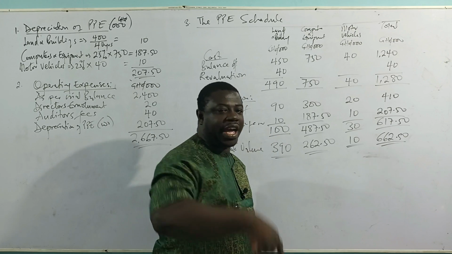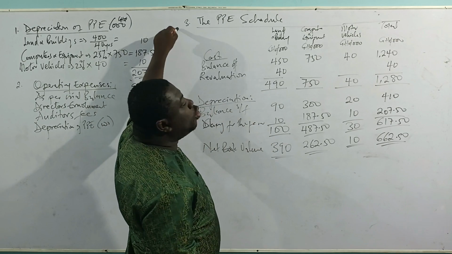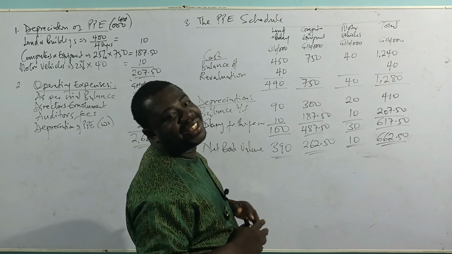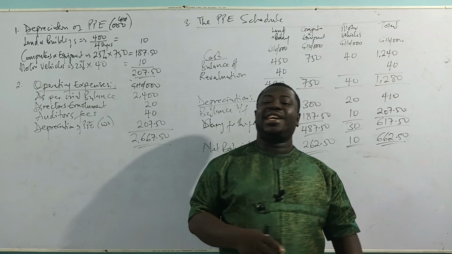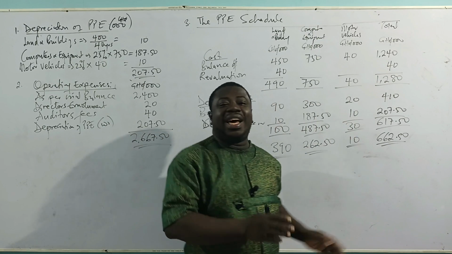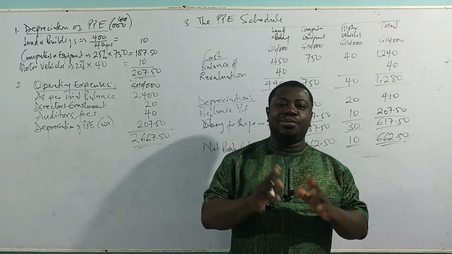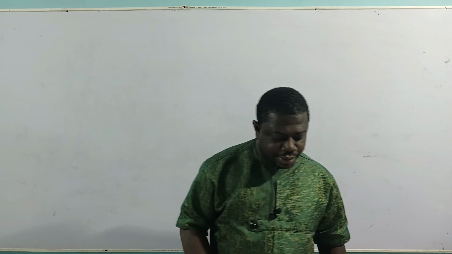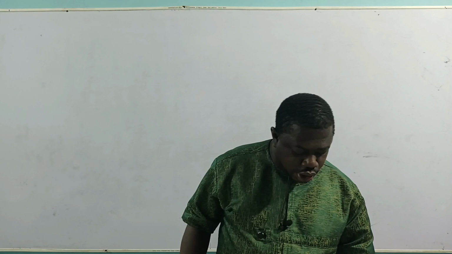And then we will refer that the examiner should check note 3. You will find the PPE schedule in note 3. Someone will say, so it's only this figure that has made us go through all this? Yes. So that is it for the third workings. And I'm sure this is very understandable to you. Okay. The next working we are going to do now,